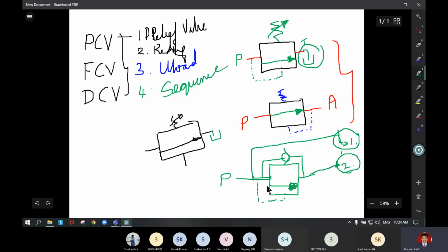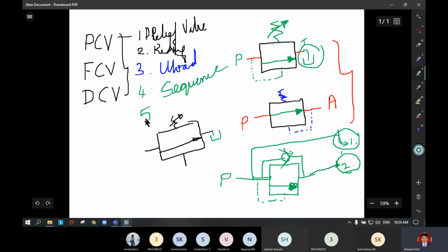That circuit diagram we are going to study in the next class. For now we just concentrate on how to write the graphic symbol. Here it is a normally closed type of valve. The output is connected to another work, it works on development of back pressure, and it is in association with a check valve. That is the sequence valve.